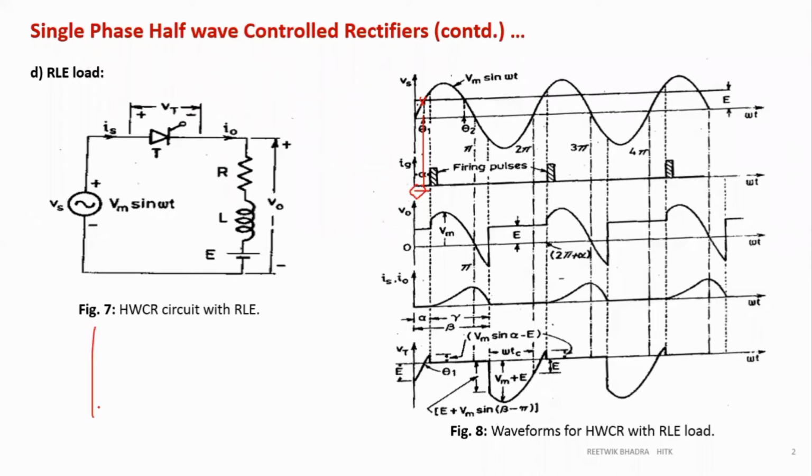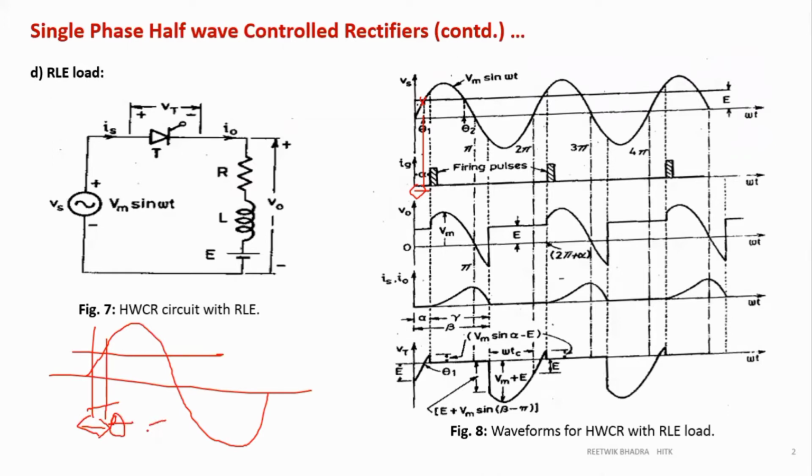So if I am drawing a curve like this and I am having an E like this, this is my theta over here. So this theta is equal to alpha. The minimum value of alpha can be equal to theta. Now, suppose this point is 15 degree. Even if you give alpha as 10 degree, that means the gating pulse at 10 degree, less than that, the thyristor will turn on at 15 degree only.